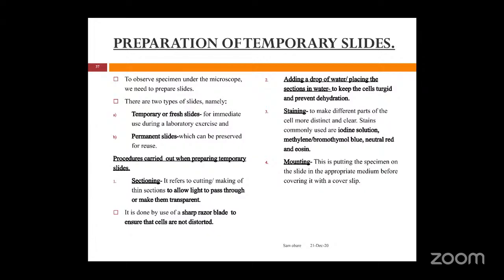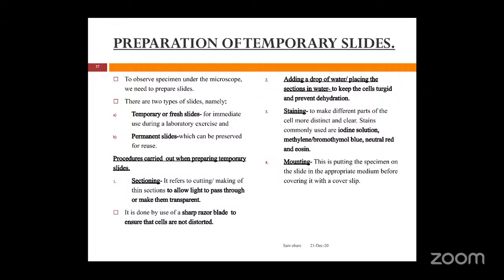So what happens is when you make a very thin section, it is very transparent. Why? Because you have made it very thin. Because we want to see what is inside that specimen or that section, we paint it with this dye. Painting doesn't mean you take a brush and paint. No. Basically, you take a drop of iodine and you place it on the specimen. So that drop of iodine will color that specimen and it will make the internal parts of the specimen very, very clear. So therefore, staining is putting dyes on a specimen to make the internal parts of the specimen clear